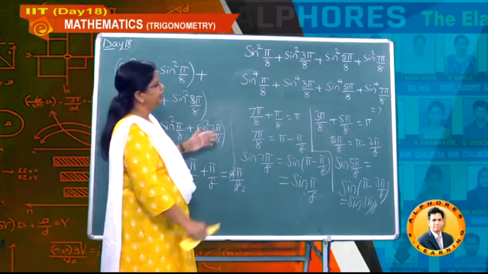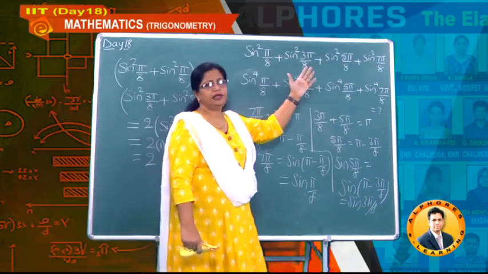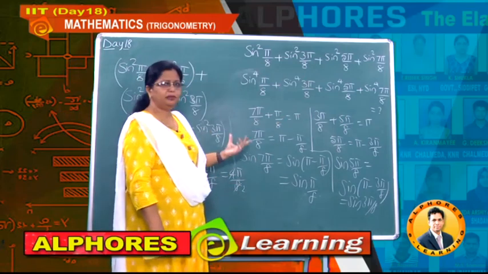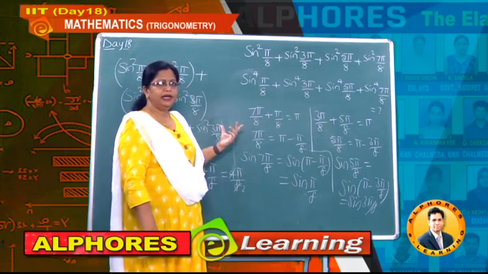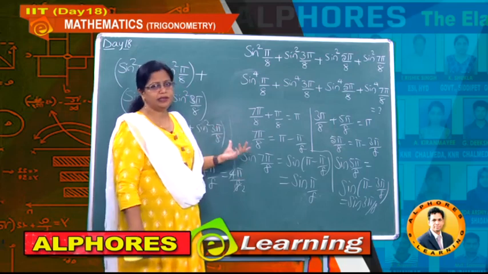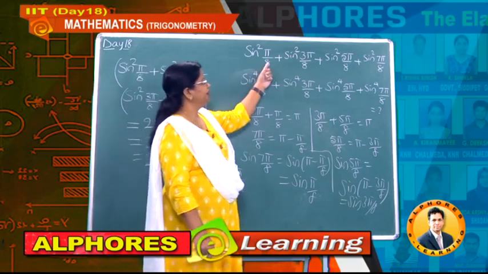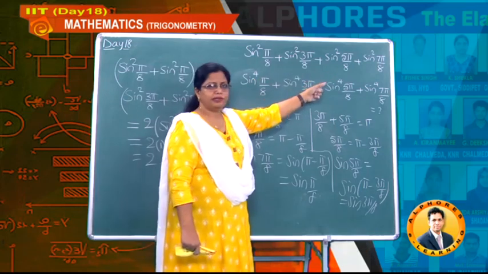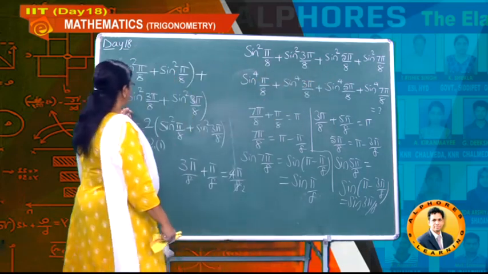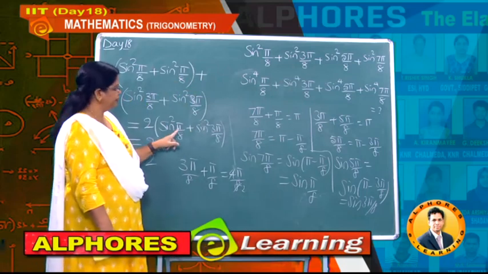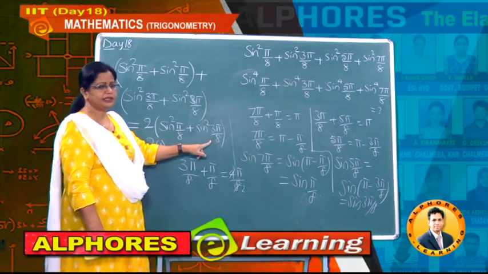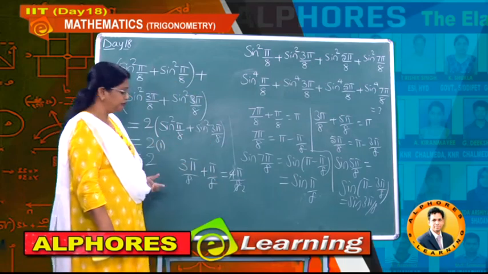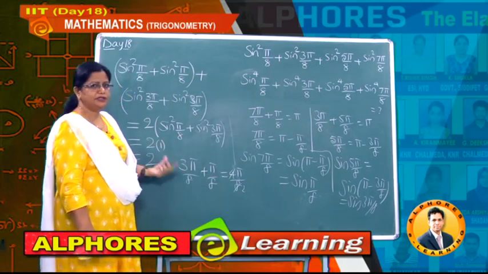So whenever you get these kinds of big angles or unknown angles, nothing to worry about, our problems are based on some allied angles and compound angles concepts, understand. So here you got the first term and last term same, and the middle two terms same, and later we got twice that value, and thereby you got the sin square a plus sin square b formula, which is 1 when a plus b equals pi by 2. Hence you got the answer as 2.